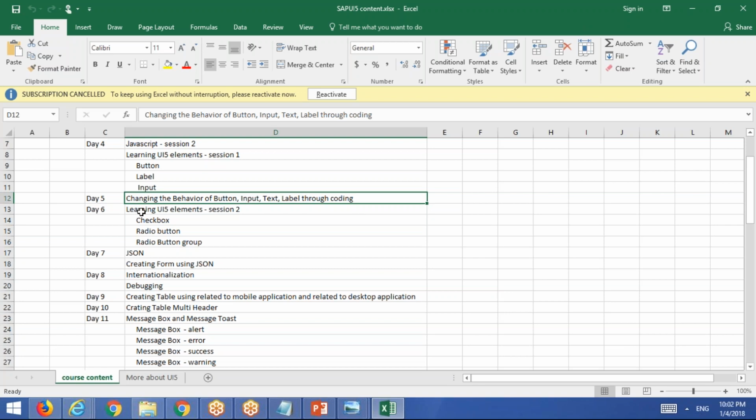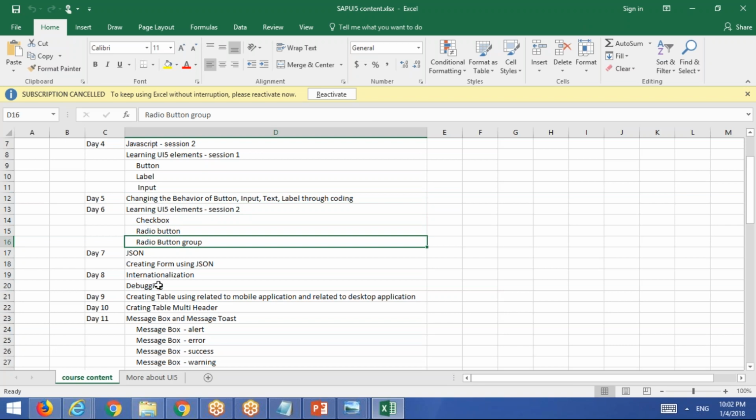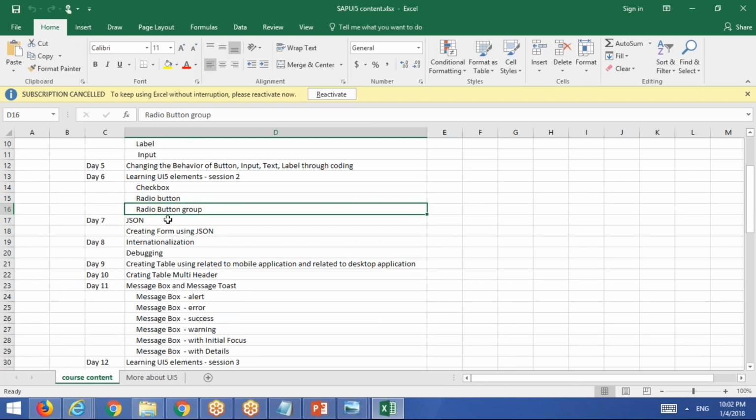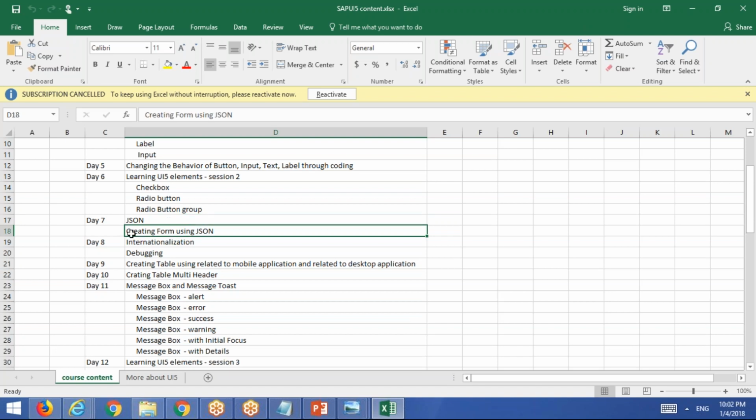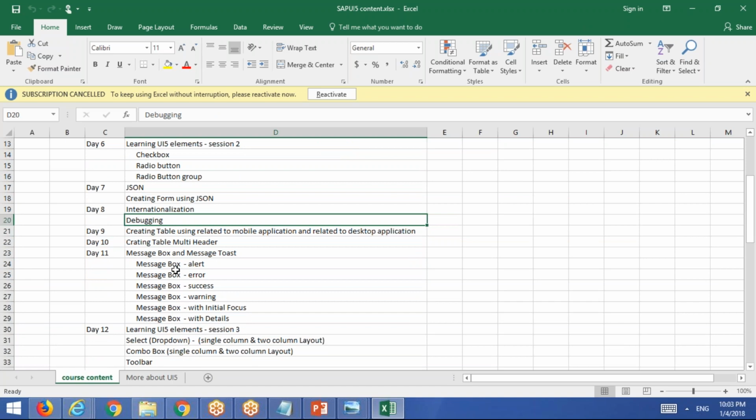In UI5 elements, you will learn about checkbox, radio buttons, radio button groups. Then I come to JSON. I introduce you how to create a JSON, creating forms using JSON. Then the internationalization concept, that is the labels should be displayed in different languages. Debugging, how you can debug in UI5, not only in backend, from front end as well. Next, creating tables